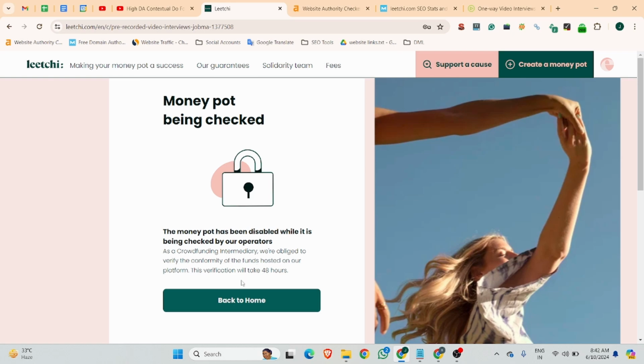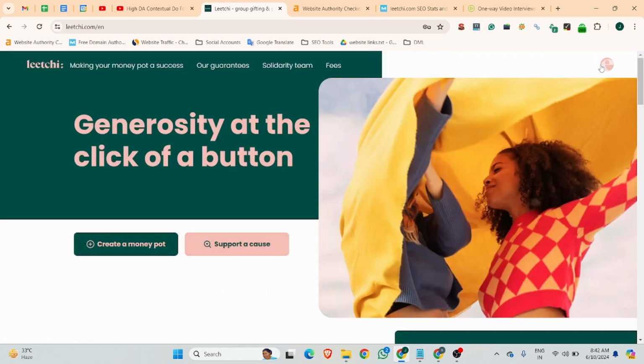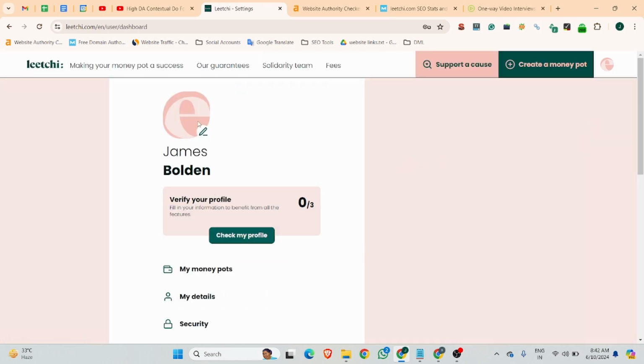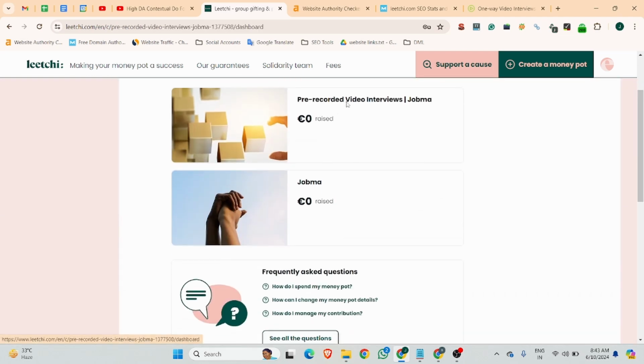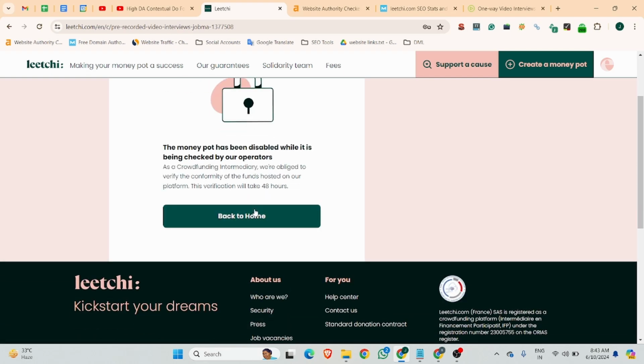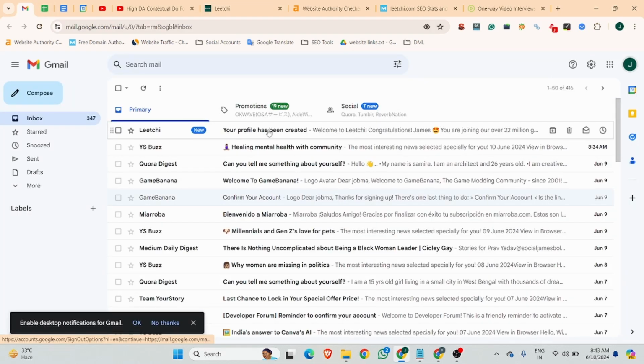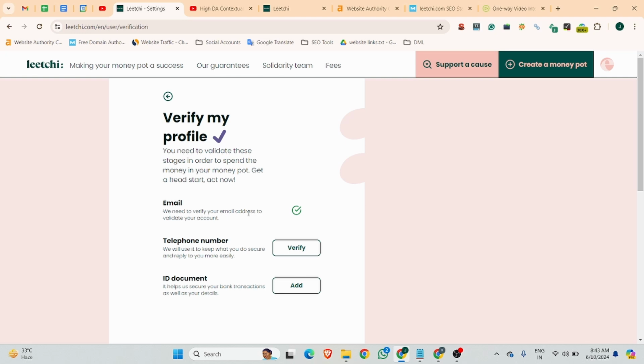Back to money post being locked. Why? Let me click your money post. Crowdfunding intermediate, you are obliged to verify. The verification will take 48 hours. Okay, so you have to verify your profile also. So confirm your email ID, and continue for the verification process.